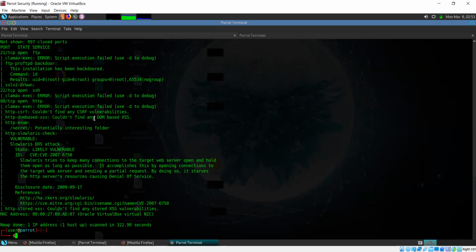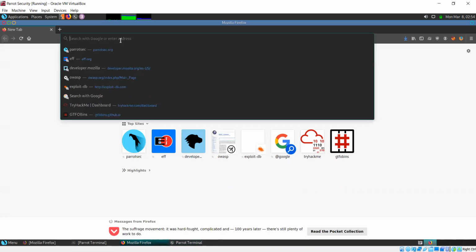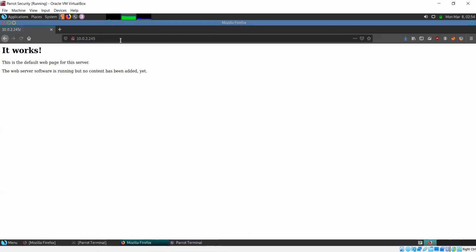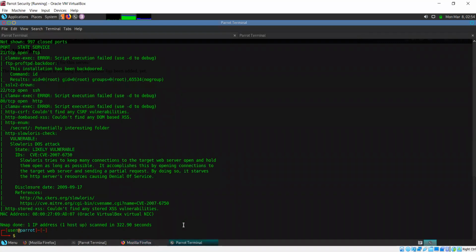So when we looked at the open ports, besides FTP, there was SSH and HTTP. For SSH, we don't have any credentials. So we take a look at HTTP. And HTTP means there's a web server running, so you can always try to go to your browser and access that. But this only tells us that there is a web server. This is not a website that we have reached here.